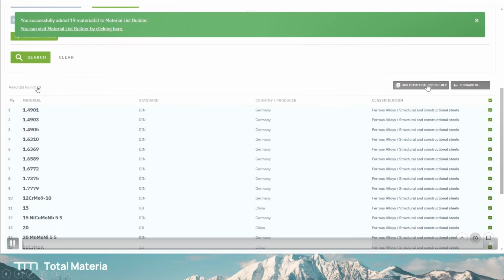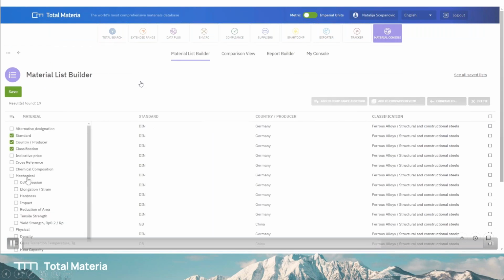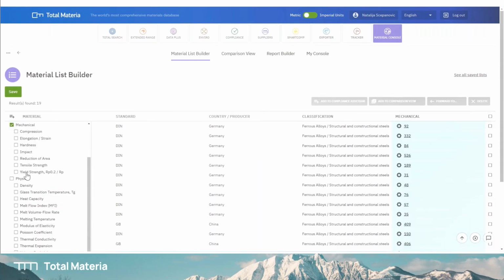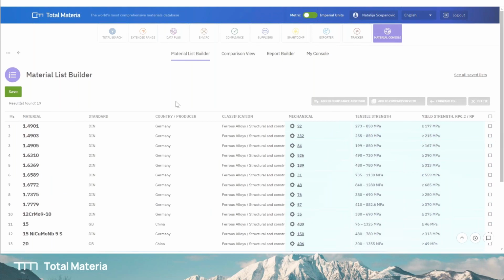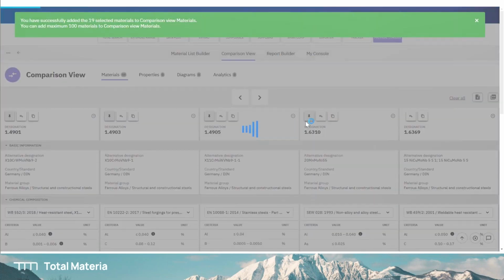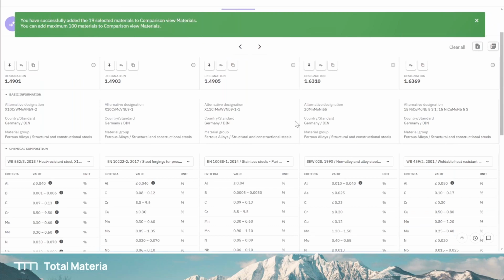And we are decreasing the number from 700,000 to 19 this time because we filtered some standards. We filtered so many mechanical and physical properties that we need to have in this material, carbon content, and a lot of different options that you have. Over 40 physical properties you can choose, over 30 mechanical properties. You can compare these 19